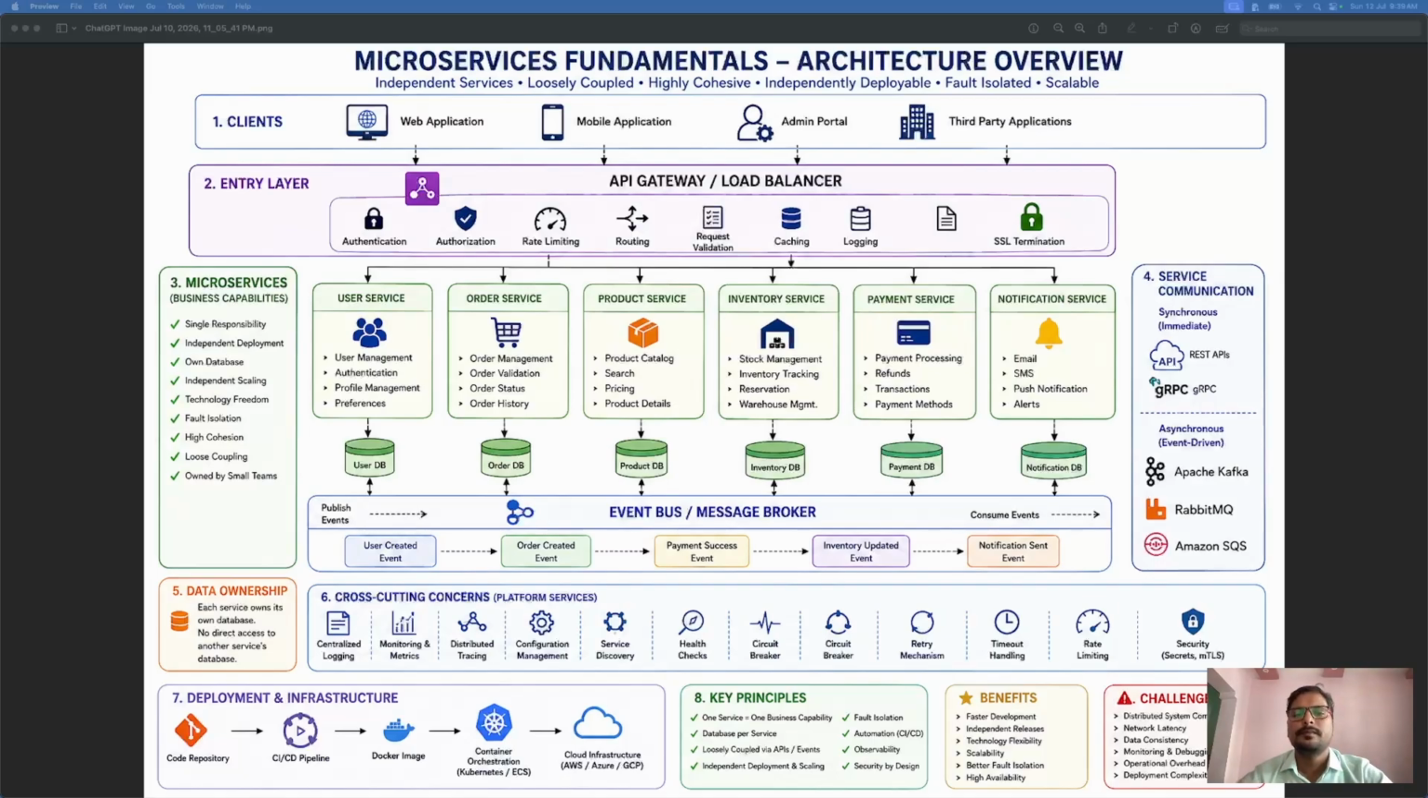Okay. Now at the end we'll discuss the challenges. It doesn't mean it has only benefits. It also has some challenges as well. What are the challenges? Instead of one application, now you have to manage dozens or even hundreds of services, right? It will introduce network latency,